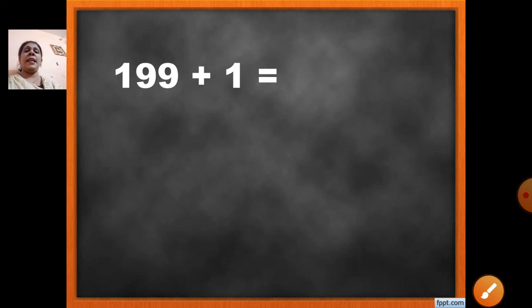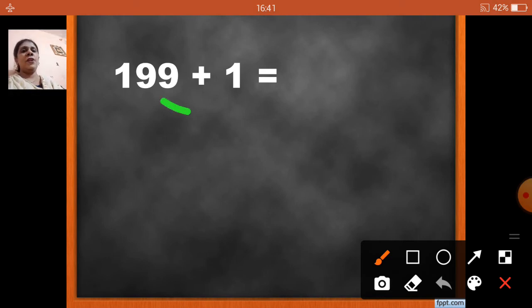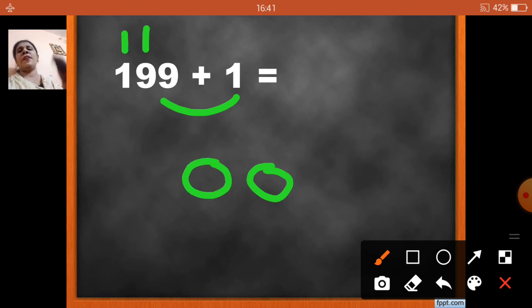Now, 199 plus 1. Let us add. Now, 9 plus 1, that is units with units. So, 9 plus 1 is what? 10. So, what I will do? I will write 0 here, 1 I will carry over. Okay. 9 plus 1 now again 10. So, again I will write 0 here and again 1 I will carry over here. Okay. So, 1 plus 1, 2. Correct. So, when we add 199 plus 1, we get our answer 200.